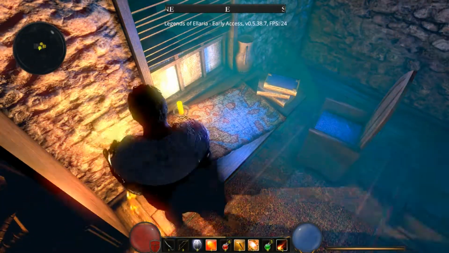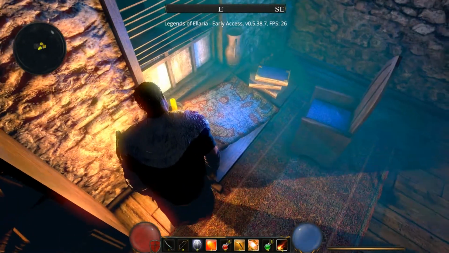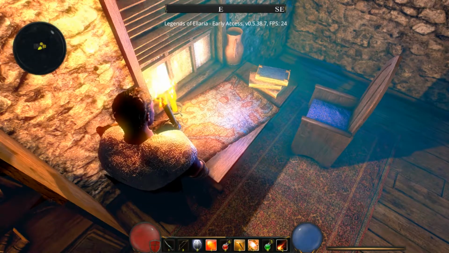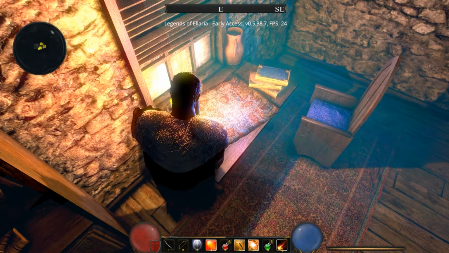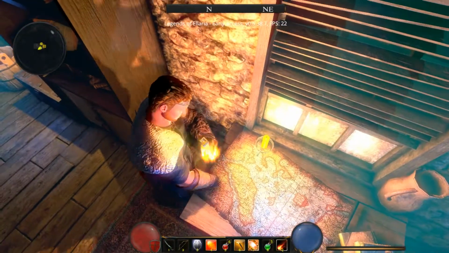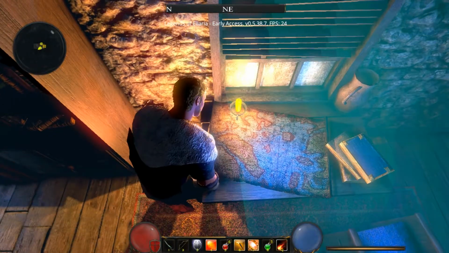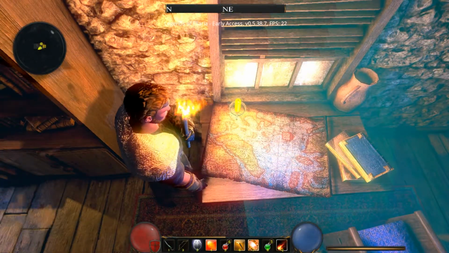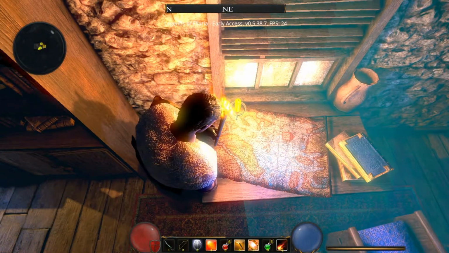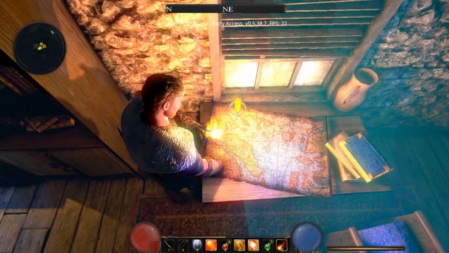So here we have inspect. So he's not, yeah. Okay, so again, the animation, like what he's doing now, is nice. Like he's looking at the map and stuff. But it would be great if that was maybe like a campaign kind of